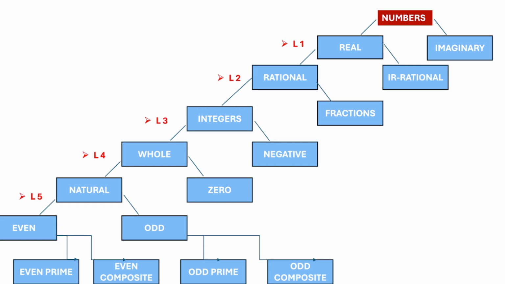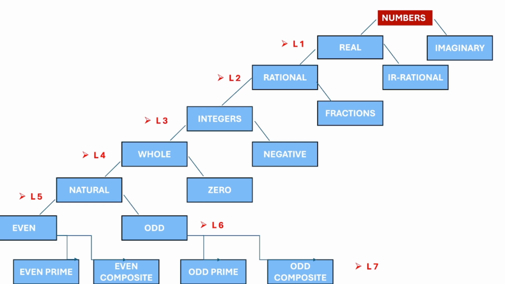As we all know, whole numbers are nothing but natural numbers including 0. So that gets split out here: whole gets divided into natural and 0. And we all know that 0 is a separate entity which doesn't have a value or any sign with it. And who invented 0? That is also something you know. At level 6, the natural numbers get classified into two parts, even and odd. And again, the last level, level 7 for us, is the categorization of even and odd into